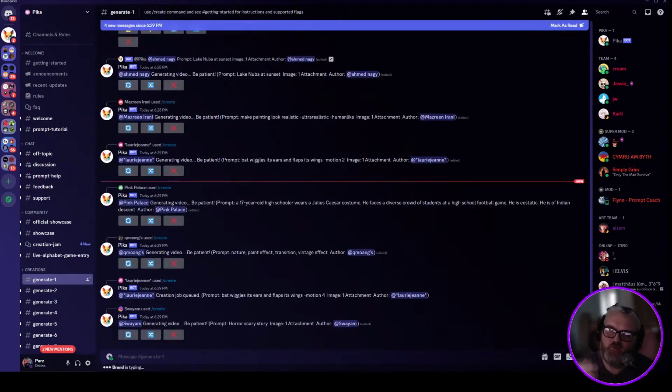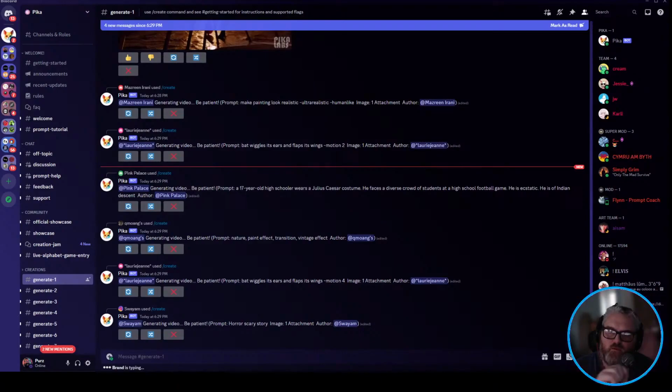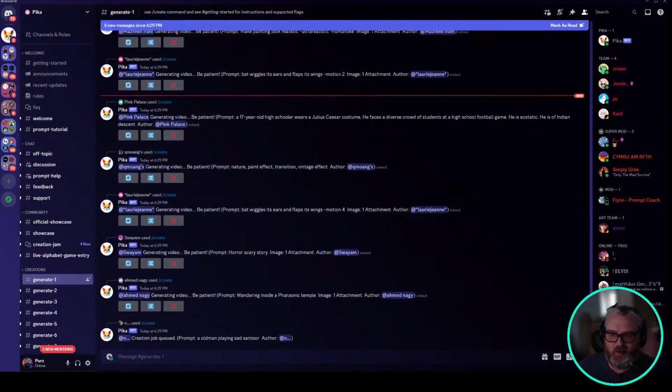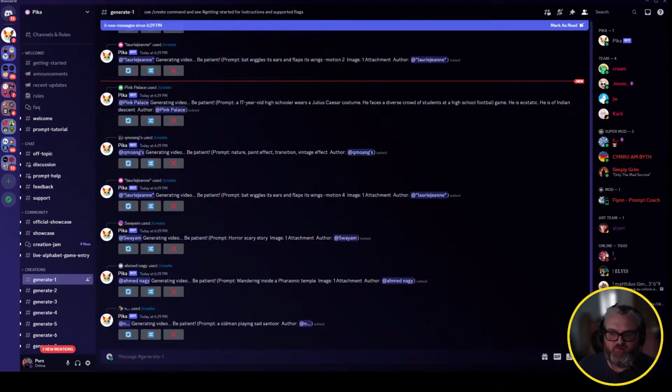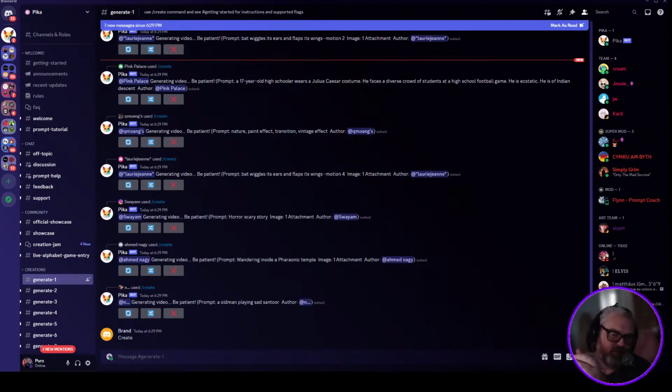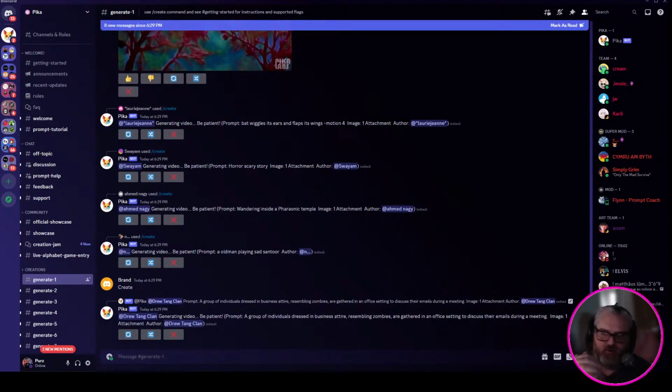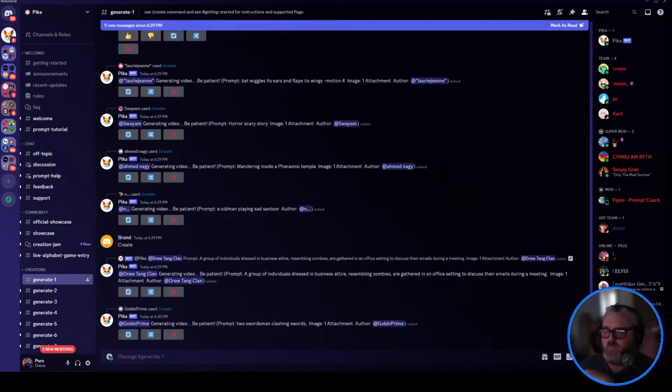So enable pixel perfect. You can either use no preprocessor or invert preprocessor if you want to flip the black and white of your image. The QR Code Monster model, I usually use it at 0.8, like 80%, and everything else is just default settings. Yeah, and you can use the other ControlNets on top if you want to get the outlines and stuff a little cleaner, but these settings seem to be the way to go for the most part.